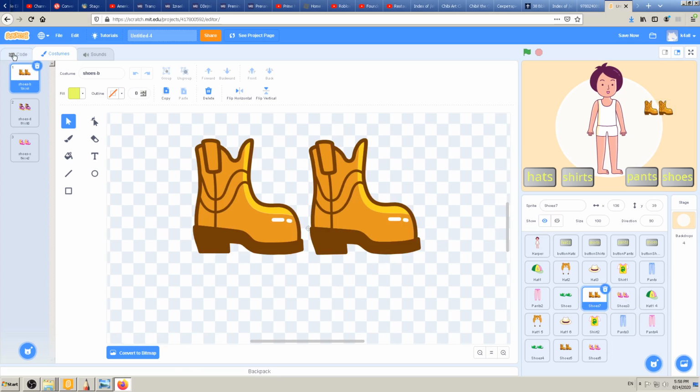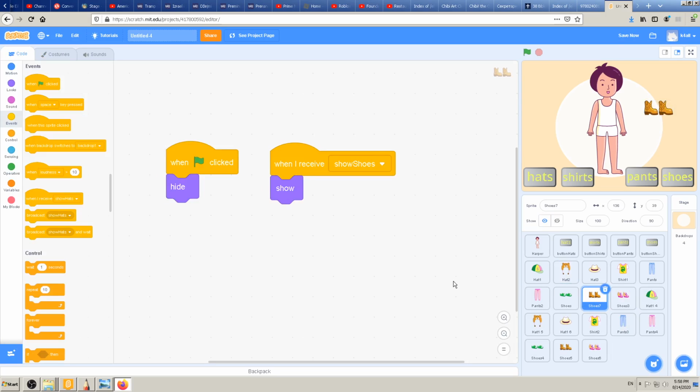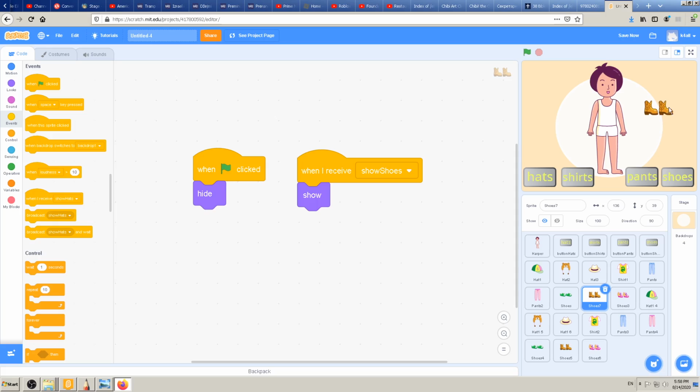So I already have code in it, but if you don't get this approach or don't like this approach, you can